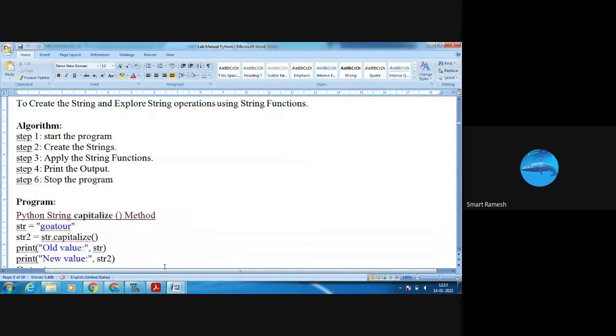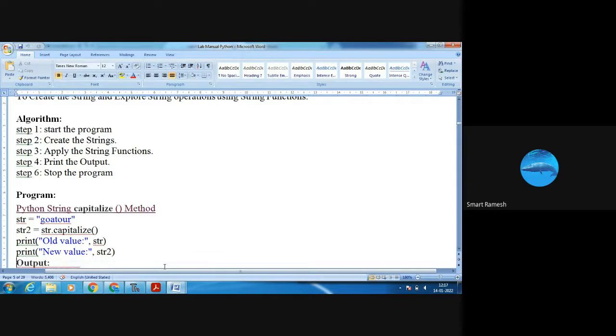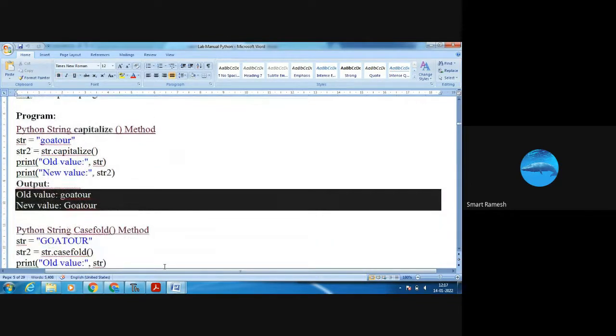See the example program here. Here the capitalize function. Okay, what is the capitalize function? It is going to capitalize the first character of the string to a capital letter. So what is the output? See, input is Gova2 in small letters. Output is Gova2 with a capital letter. Next, casefold function.